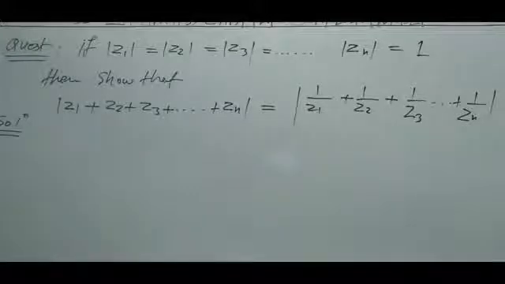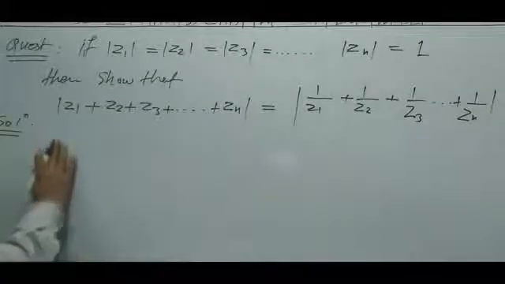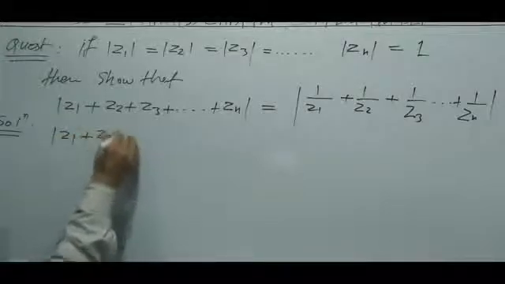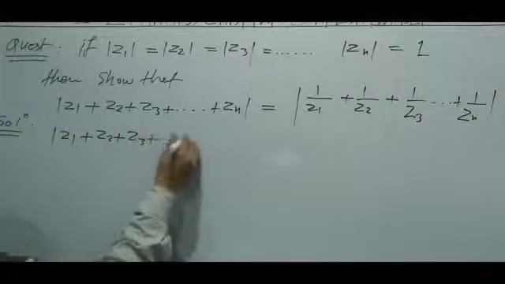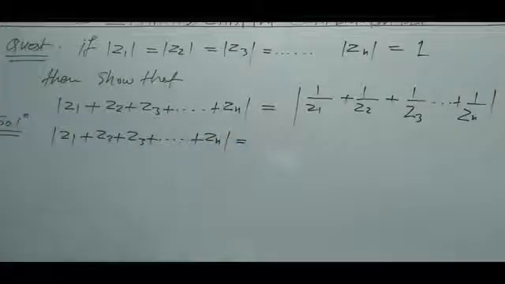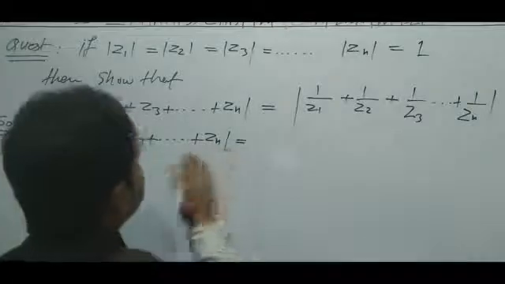So see, this one means z1 plus z2 plus z3 plus up to plus zn is equal to, we can write this statement